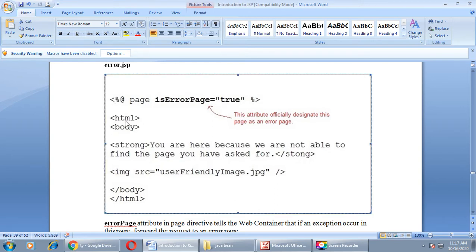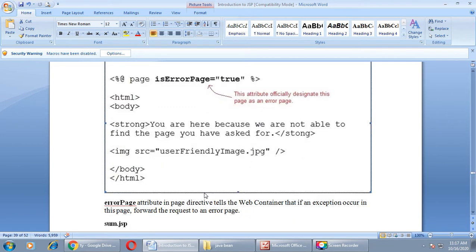Before the HTML tag begins, you can see the line isErrorPage equals true. This attribute officially designates this page as an error page, right? Now this page will be considered as your error page. In case an error arises, this page will be executed.